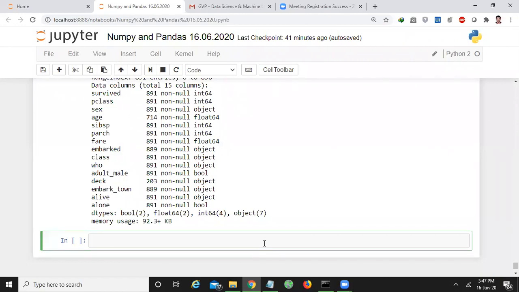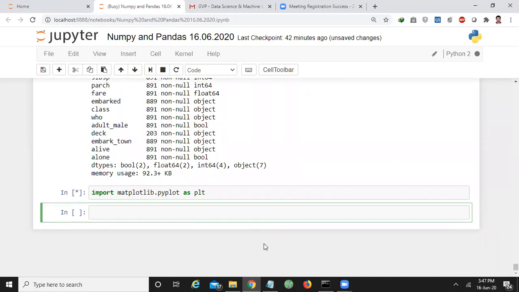Now let us move on to the visual representation. If you want to do some visual study, the package that you are supposed to import is matplotlib.pyplot as plt.